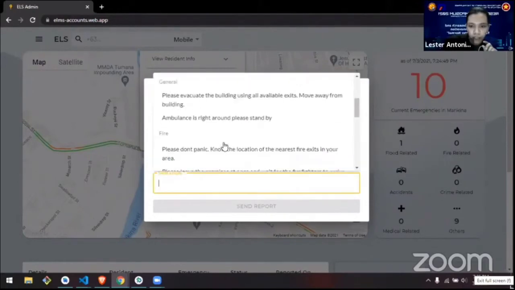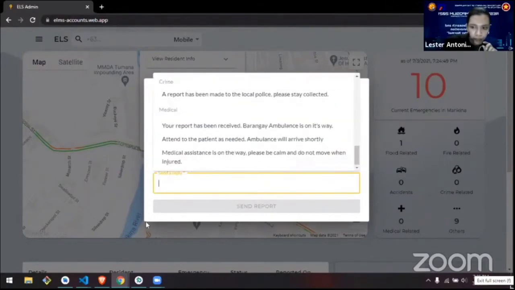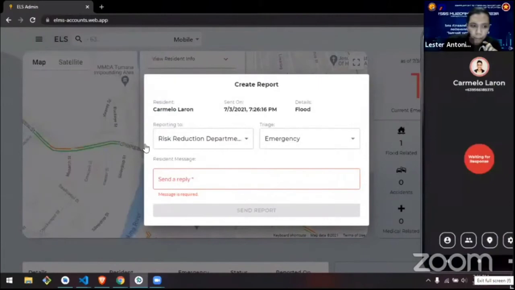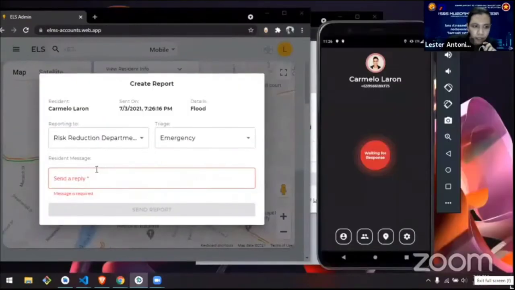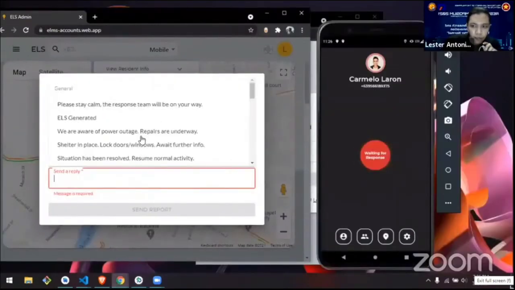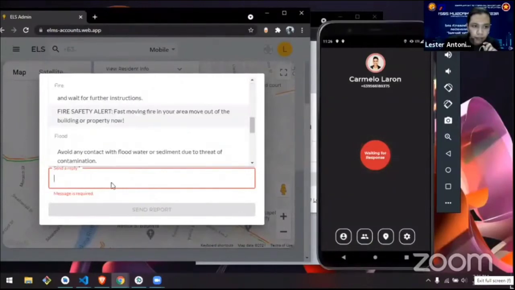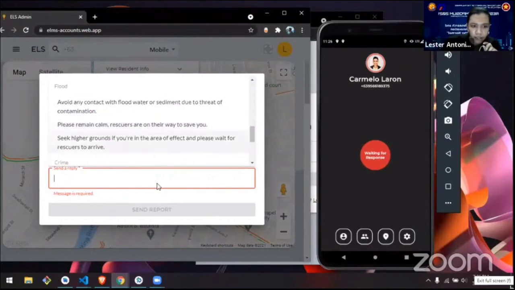And we have provided pre-made replies, which you can send to your residents. Let's try this one. We can then send the reply: flood, seek higher grounds if you're in there.